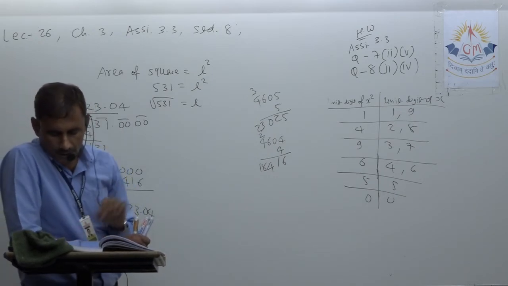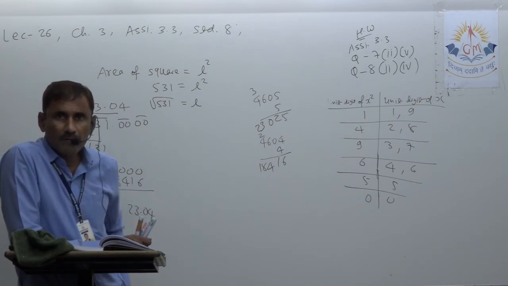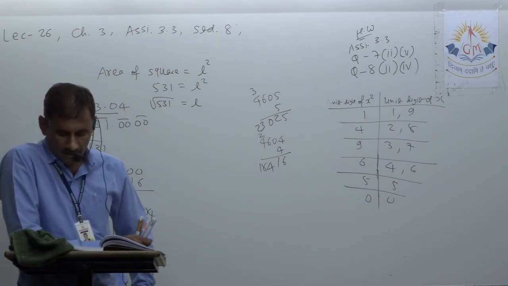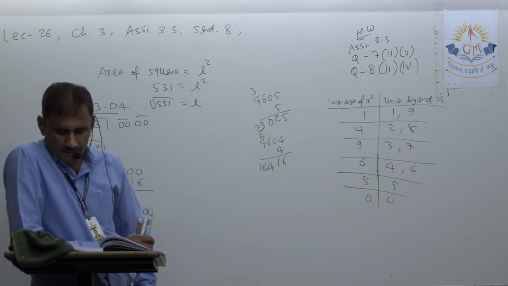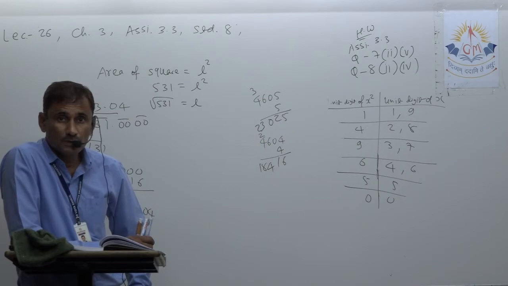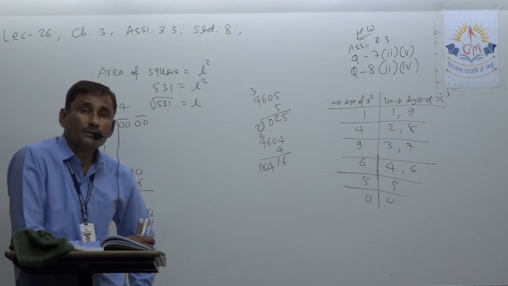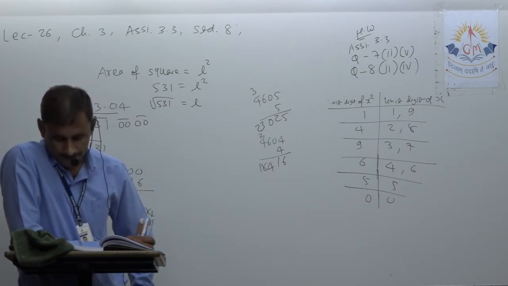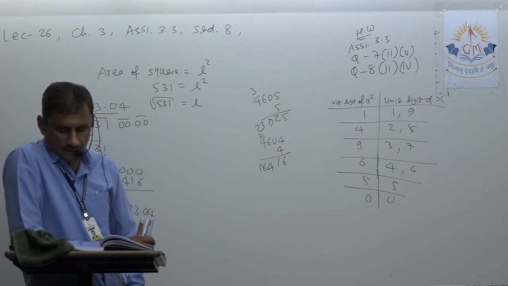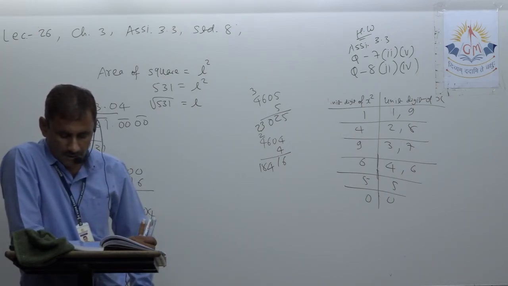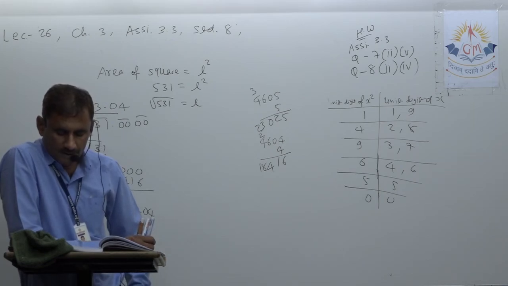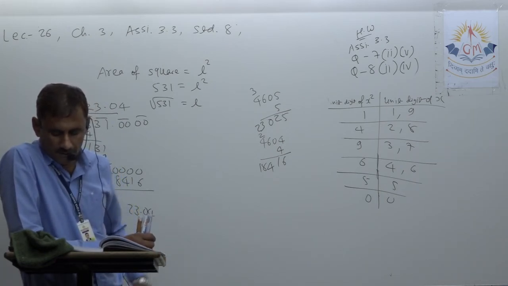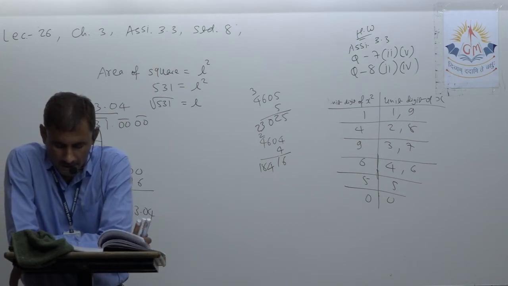Now you can look there at page number 67, one table is given. Now just compare the unit digit there. You can remember up to 10 cube also. Look there, 1's cube 1, cube of 2 is 8, cube of 3 is 27, then 4 is 64, 5 cube 125, 6 cube 216, 7 cube 343, 8 cube 512, 9 cube 729 and 10 cube 1000.